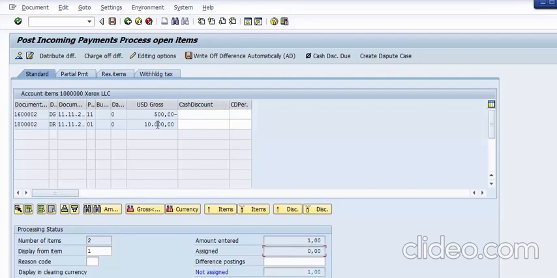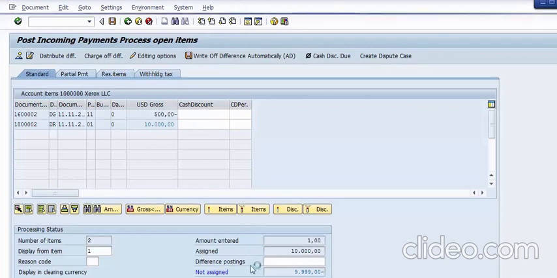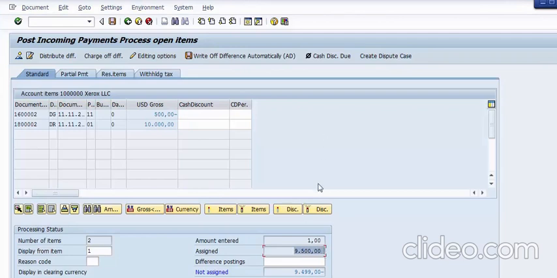So now I will be selecting first this invoice, that is 10,000 has been assigned. Next is the credit memo. When I selected the credit memo, the net amount comes to 9500. Now I want to give a discount of 5% on this amount. So the 5% of this comes out to be how much? That you need to check. So 10% is 950, so 5% is